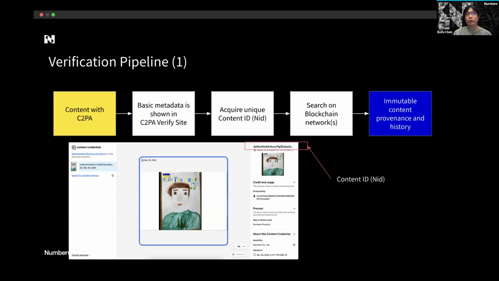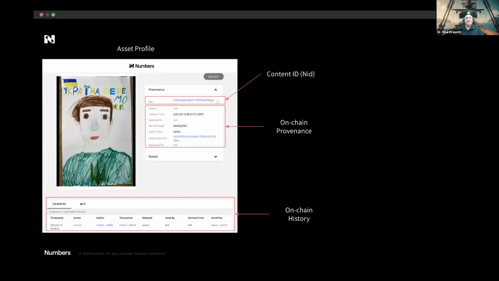This can be used to search blockchain networks and find on-chain provenance. Once the NID is obtained, you can use the asset profile service we provide. It's a visual service very similar to Etherscan, the explorer, so that you can review the content ID, on-chain provenance, and the on-chain history.